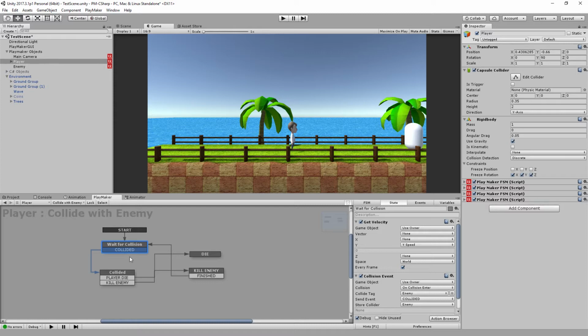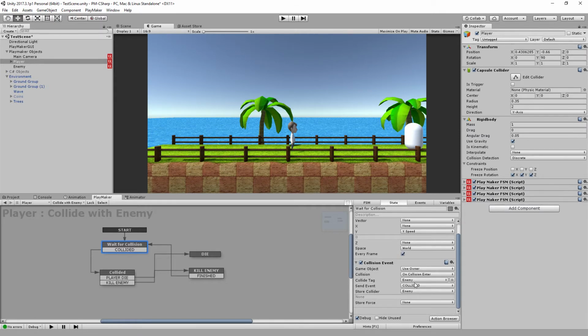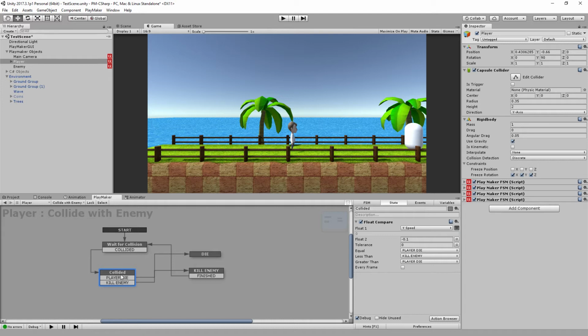So basically in this FSM, I wait for collision, but inside this wait for collision state, I'm getting the y velocity every frame. We store that velocity inside this float called y speed, and we are executing this action every frame. But once we collide with an object that has a tag of enemy, we go to this collided state,